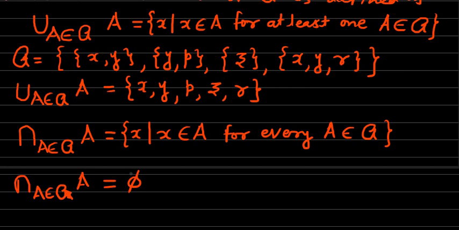If you remember, these arbitrary unions and intersections of sets are nothing but generalizations of the union and intersection of two sets. The union and intersection of two sets we discussed in the last class, and whatever we are discussing now is just the generalization of it. This arbitrary union and intersection of sets we have already studied in detail in the beginning of the semester 5 metric spaces paper. Next one.